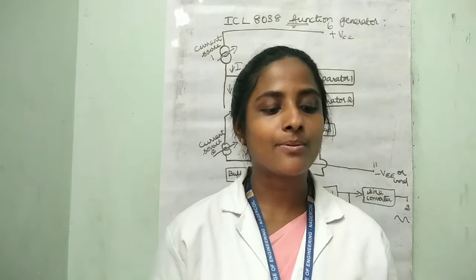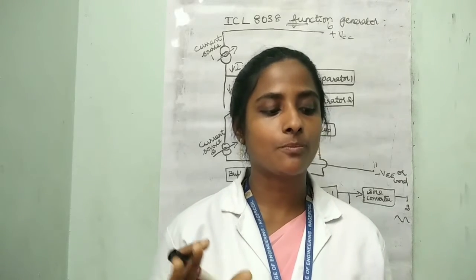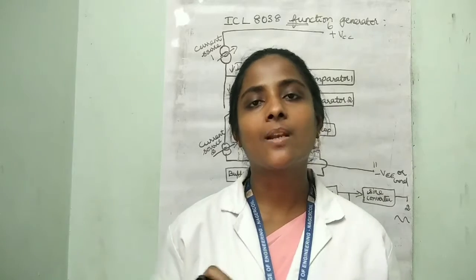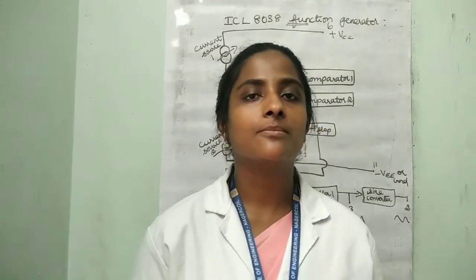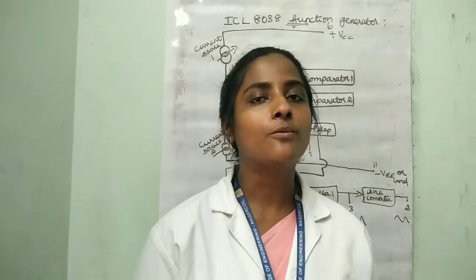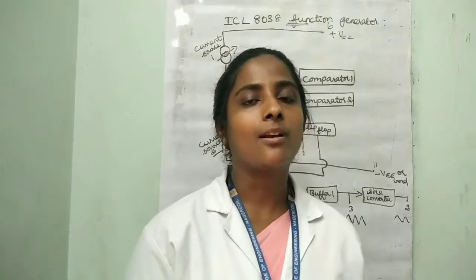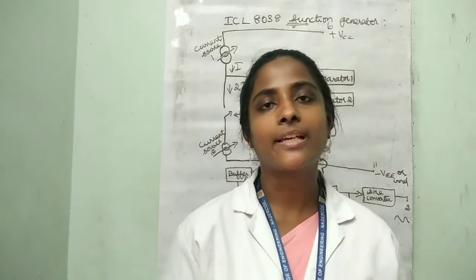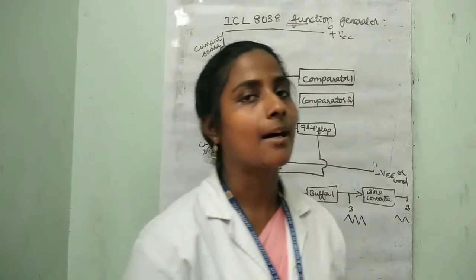The values of RA and RB should be in the range of 1 kilo ohm to 1 mega ohm. So we have studied about